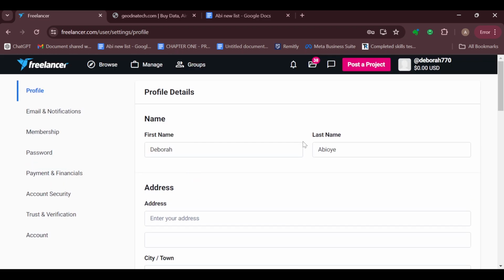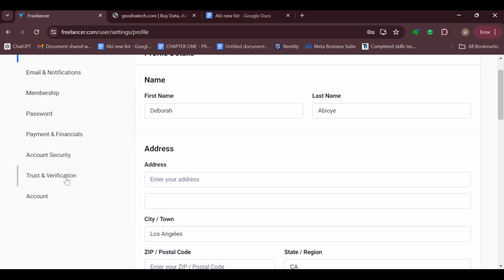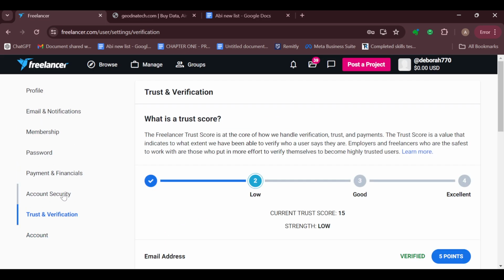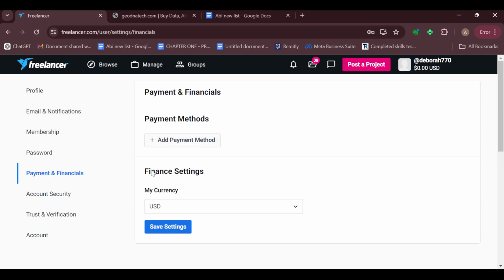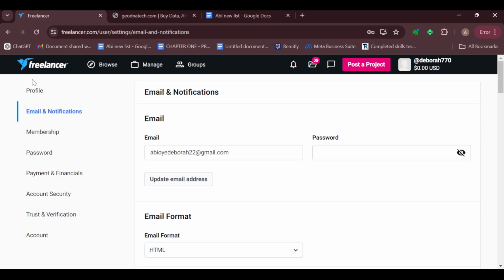So on this page, the next thing is to move to the left sidebar, as you can see, where you can see some tabs. On this tab, the next thing to do is to go ahead and click on account. All right, or trust and verification, account settings, payment and financials. So once you can see all of this and click on passwords and membership, you can see all of the